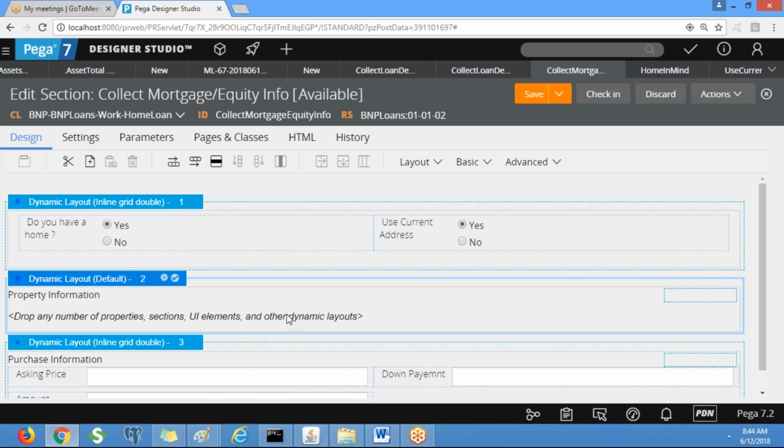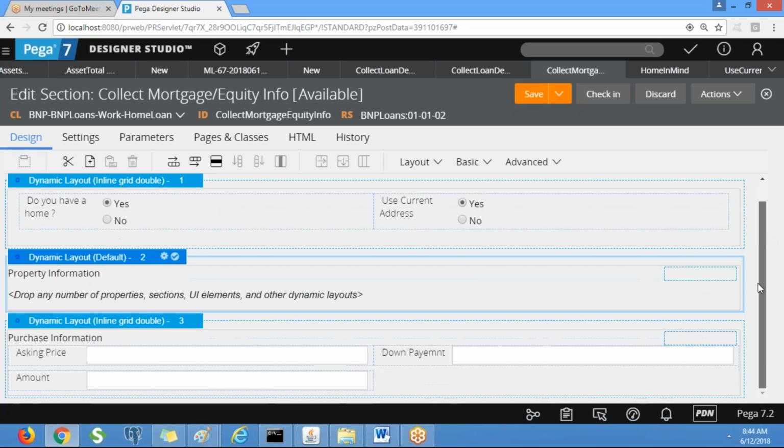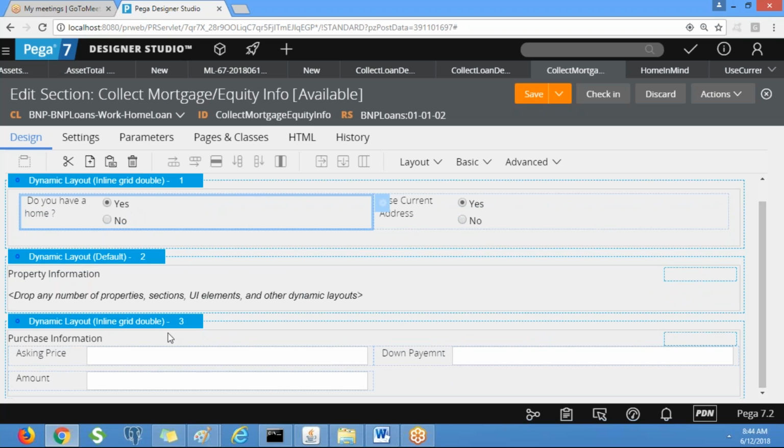If it is no, you have to make these properties editable and you need to allow the user to enter the data. Okay. So if you make it editable, the user can enter the data. So if you select use current address as yes, you need to copy from the borrower's current address details to here. Okay. That you can do by using the data transform. So now, based on this value, we need to